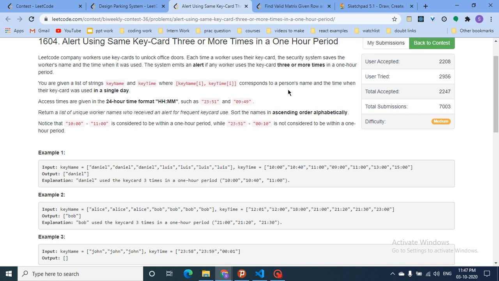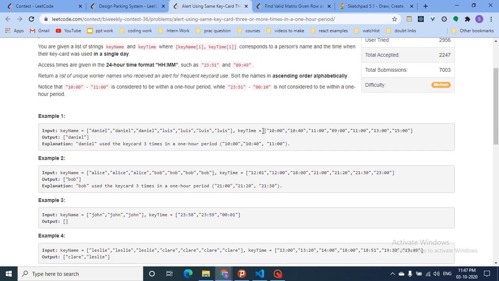Okay, so now if you store the key card times in string format, it is not very useful. So you will convert this string format of the 24-hour system into minute form. What does this mean? You will take this time and convert it into a single minute unit, which means that if 10 hours have passed, so 10 into 60, which means that 600 minutes have passed. Then for 10:40 it is 600 minutes plus 40, so 640 minutes have passed.